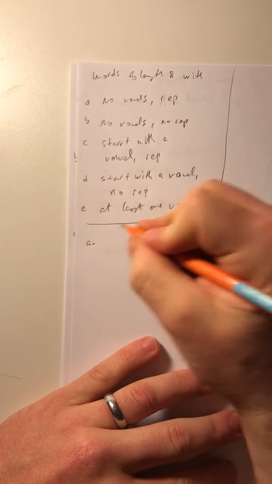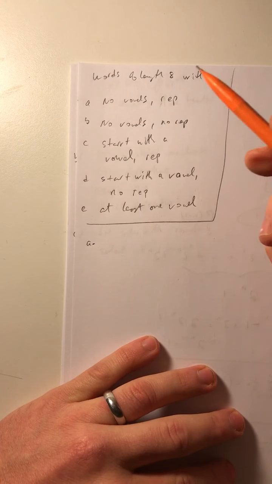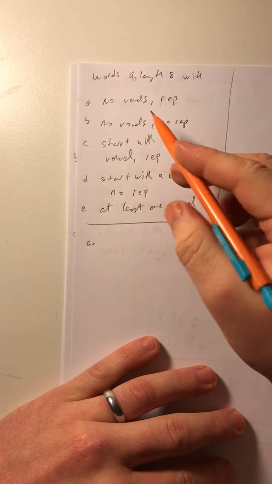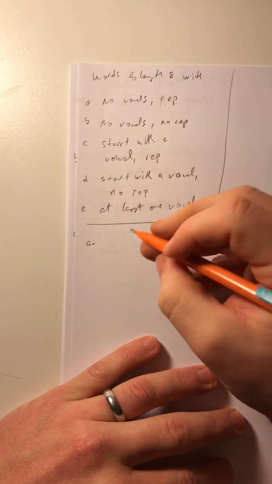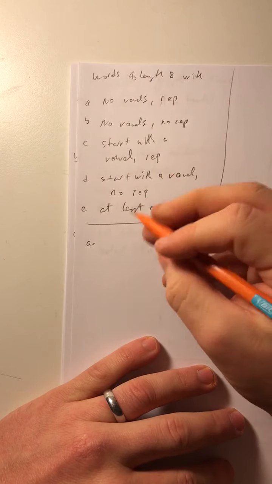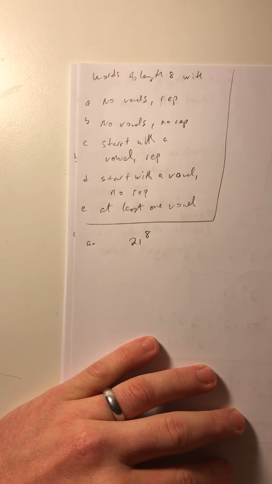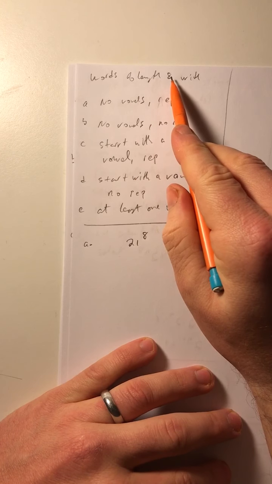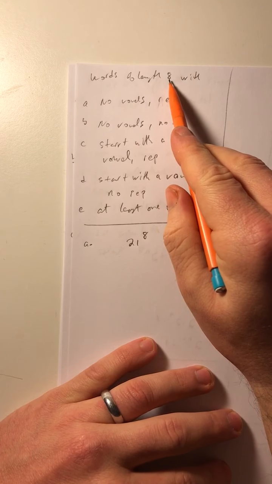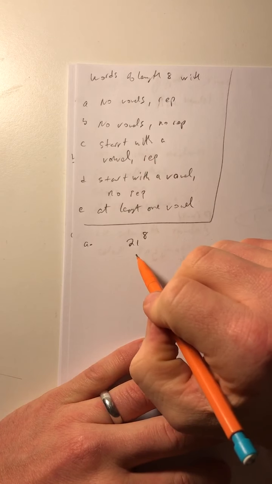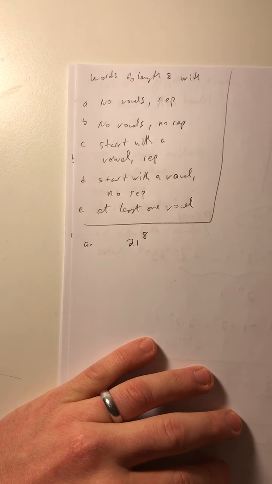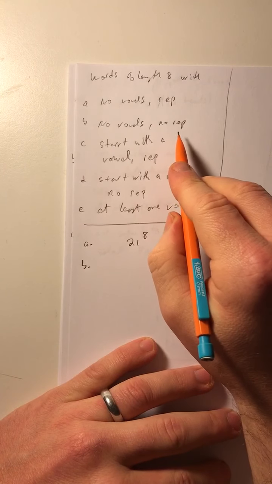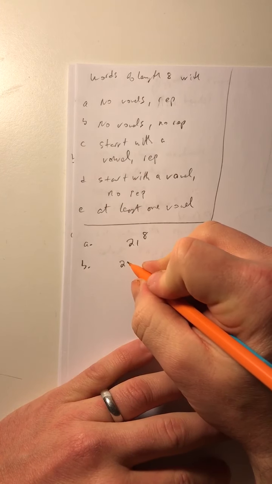So if I can't use vowels, 26 letters in the English alphabet, 5 of them are vowels and 21 are non-vowels. So if I allow repetition, for each of my 8 letters, I have 21 choices. Okay? So I'm going to make a word with 8 letters, and for each of those 8 spots, I have 21 choices, all my 21 consonants. Okay? So if I have no repetition, then I'm going to have 21